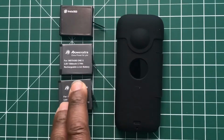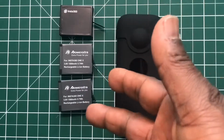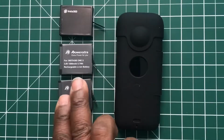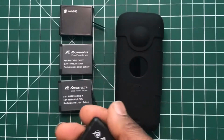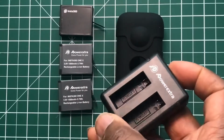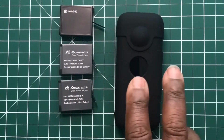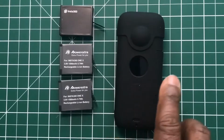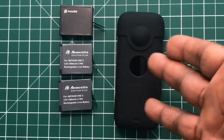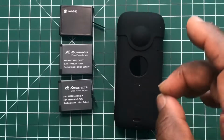So I always, whether it's the Insta360 One X, the Insta360 One, or your GoPro, or your action cameras, or your DSLR cameras, or your point and shoot cameras, try not to charge the battery inside the camera. Use the charger that's either supplied with the battery, or get yourself a charger, whether it's for the GoPro, or for your point and shoot camera, or your DSLR camera. For your DSLR camera, try not to charge batteries inside the units that you're using, unless it's a camera that has a built-in battery, and then obviously you've got no choice but to charge it there. And even then, try not to charge that particular camera in direct sunlight or near any heat source,